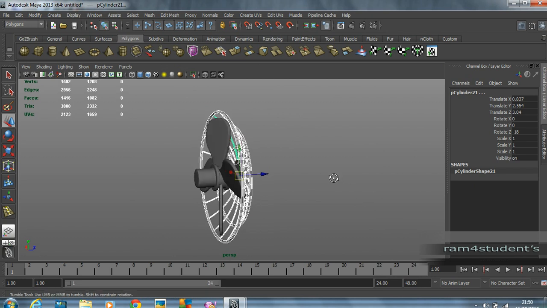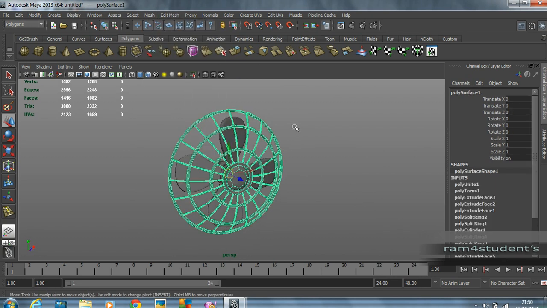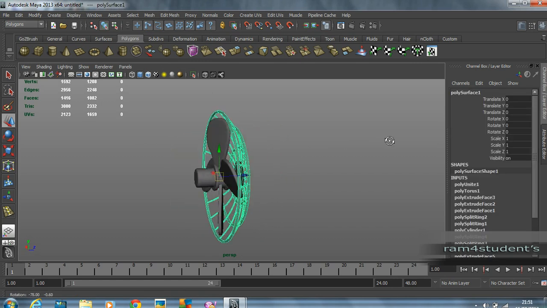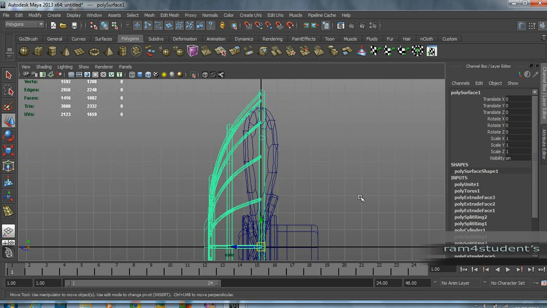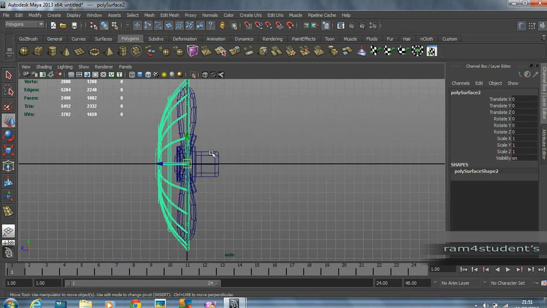Click and deselect the blades. Mesh, combine. So we got the shape. Now if you come back to the front side view, we need to duplicate a copy. So Ctrl D, and the mirror axis is Z. So change the scale Z to -1,